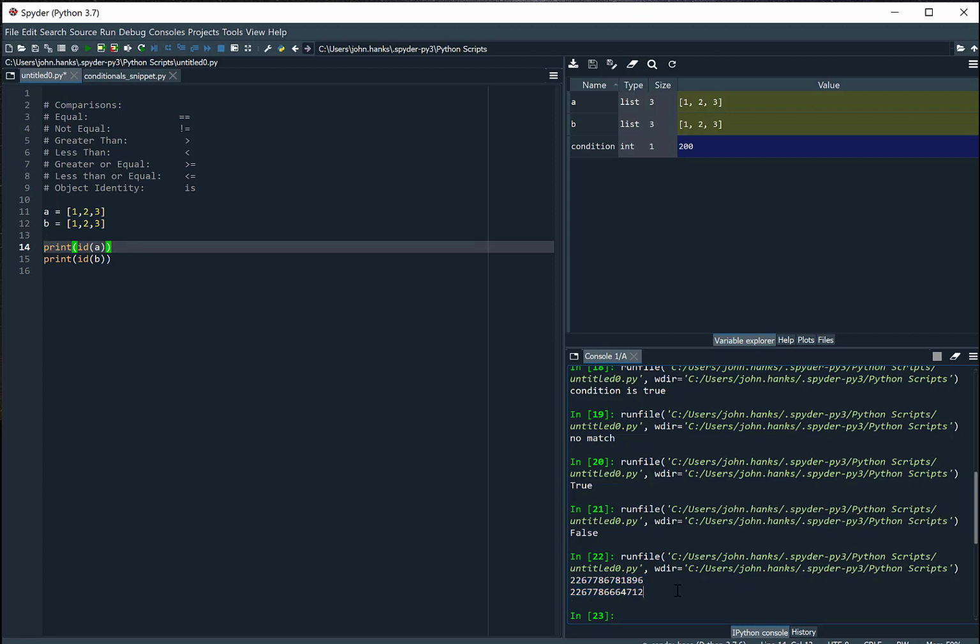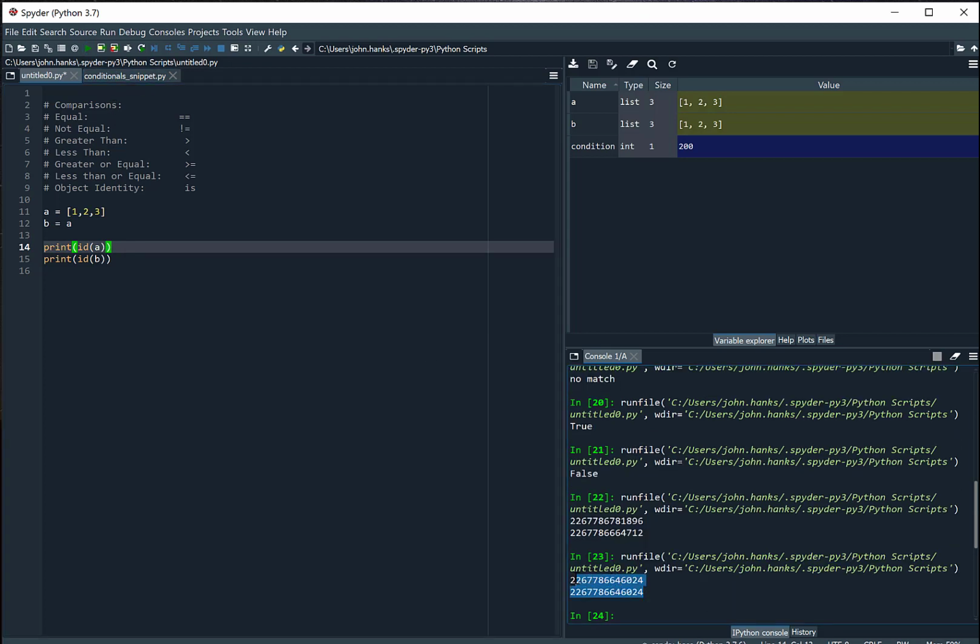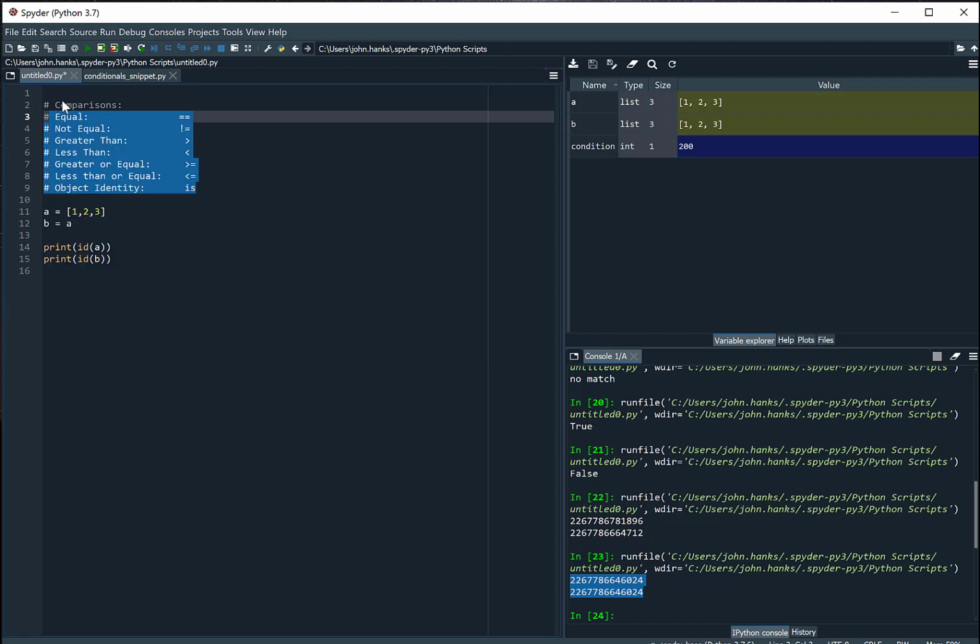codes for the object. If we wanted to make these the same object, we can say b equals a, and then we print these out. We can see that they're exactly the same identifier, the object identifier, the id. So these conditional statements can be useful in evaluating and controlling the structure and execution of